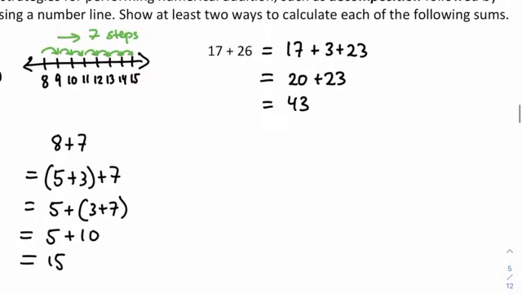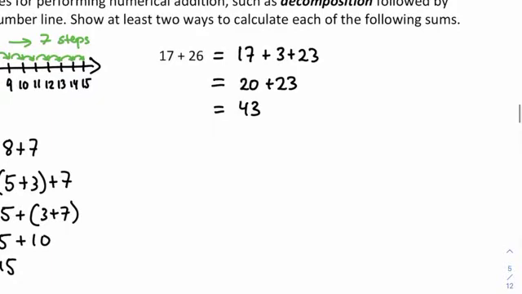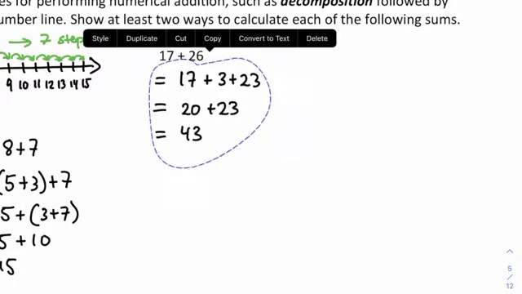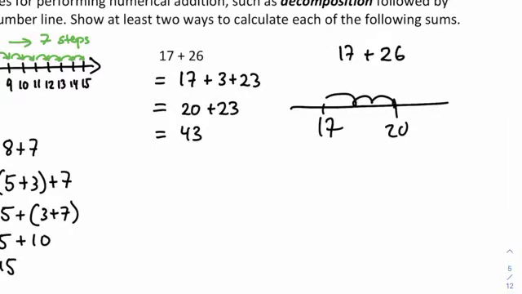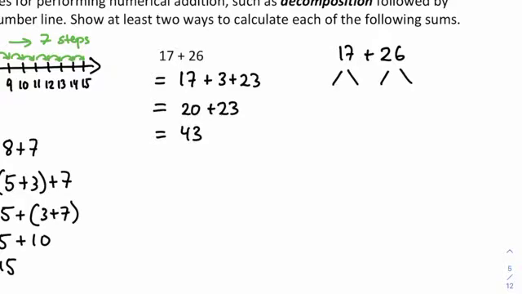Another way that decomposition can be useful is to take 17 plus 26. You could do number lines and sort of represent the same idea. You know, start at 17 and go over 3 first to get to 20, and then go over 23 more. So you could use a number line. I'm not going to do a number line again, but I'm going to show you a different way to do a decomposition. I'm going to break these into their